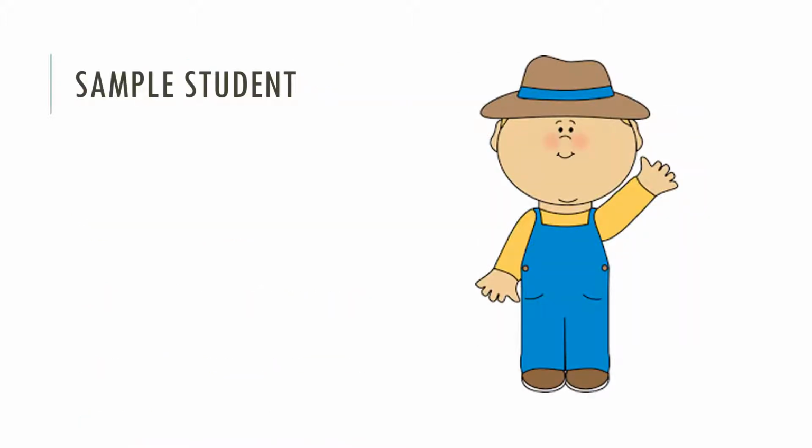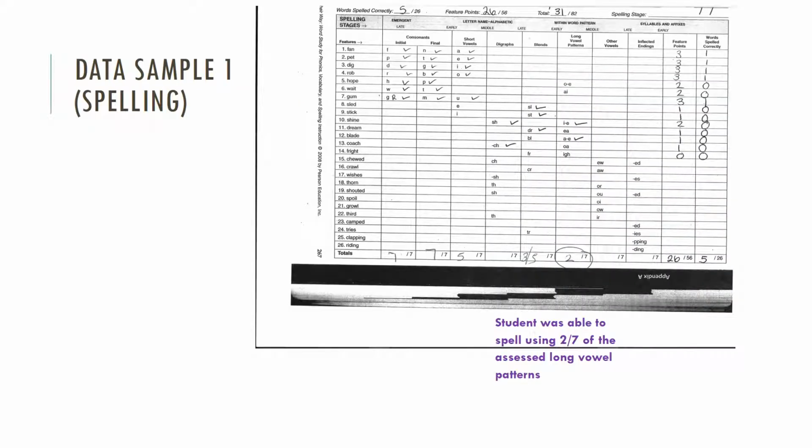For this, I've created a sample student that I'm going to show work samples of, and this is going to help guide us through the process of having a real example to go with what I'm explaining throughout this process. This is one data sample I collected for spelling using the Words Their Way Primary Spelling Inventory Feature Guide. I used the primary level of words and assessed the students on those words, and for this assessment the student